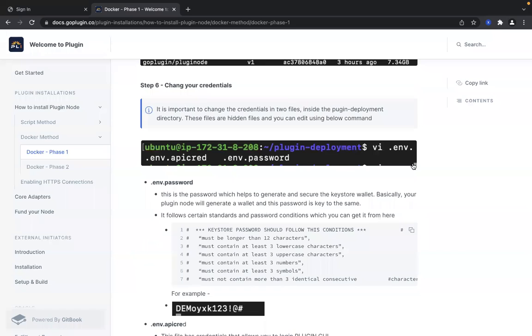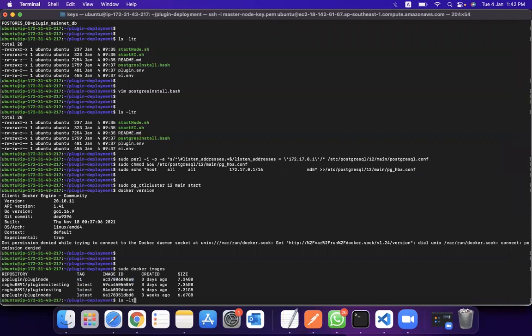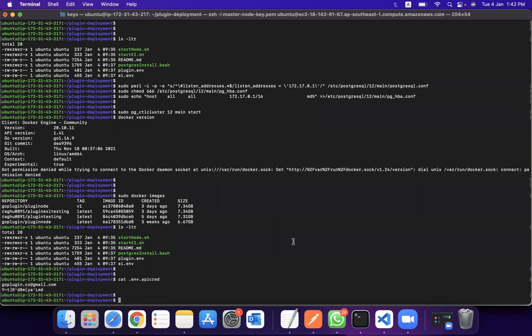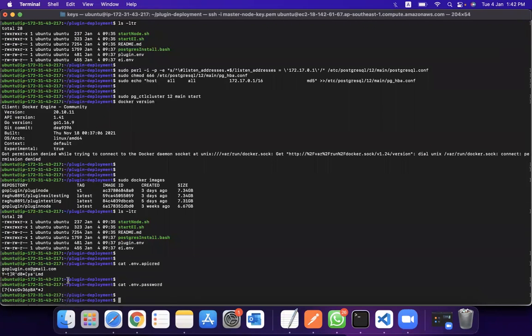If you want to change your credentials, here you go. You have two env files, as we discussed. This is going to be the API cred env file, and the other env file is going to be the password file. You're not going to use this password anywhere, but it is used while you start your node.